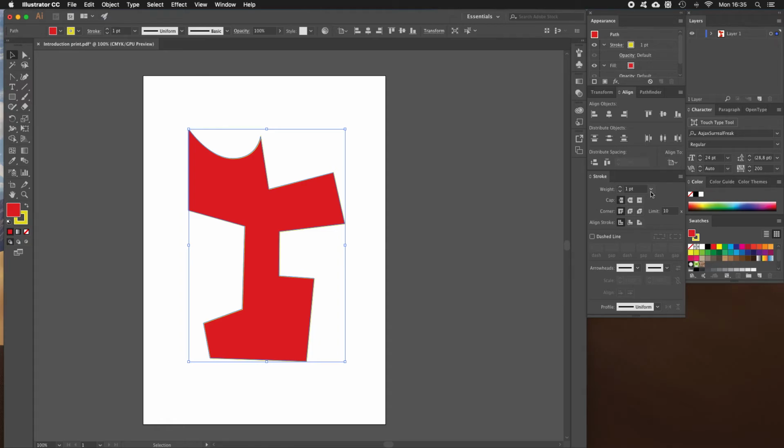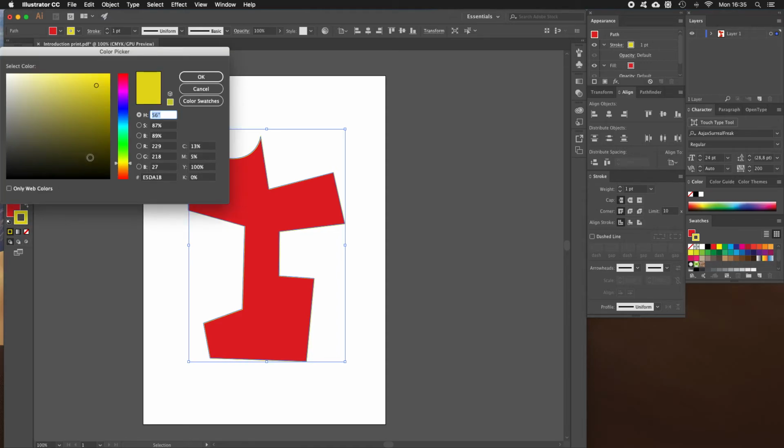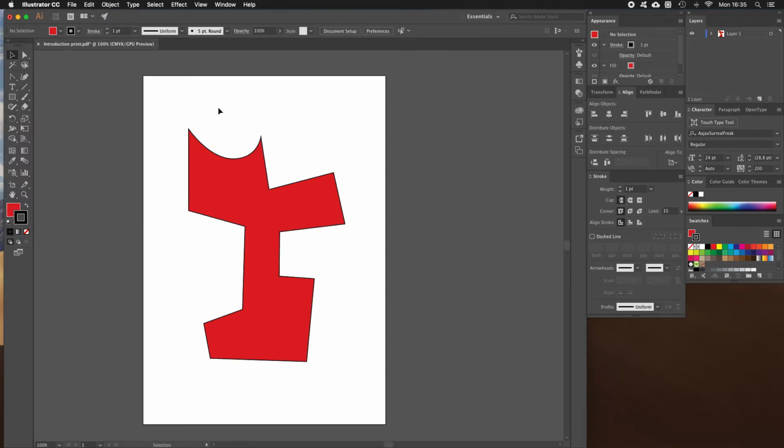I can have stroke for my outline or my stroke like we have there. I'm going to change this to black so that we can actually see it again. So this is the thickness of the stroke. We can change the cap as well, which we will get to a little bit later on. And then we can change it to a dashed line. Now, as we know,